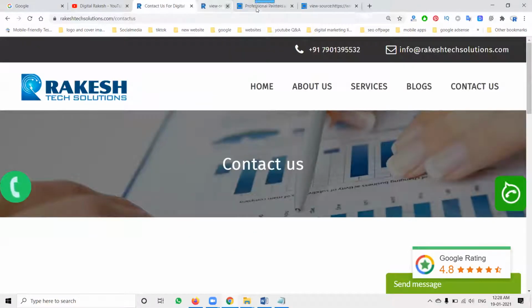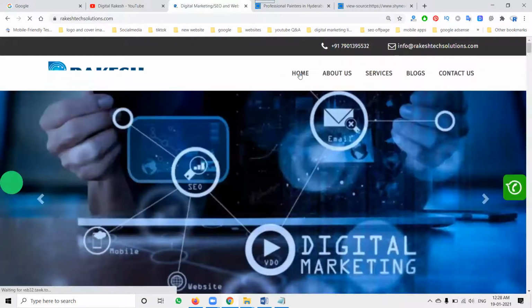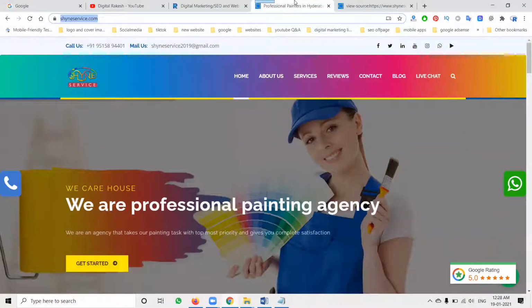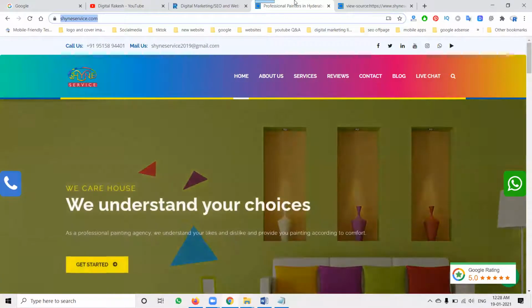So if we go to a dynamic website or static website, this will be updated through cPanel. Where? Updated through cPanel. cPanel is nothing but the control panel option. So I have to log in to the shineservice.com control panel. Here one question: sir, PHP and HTML can be uploaded using cPanel.